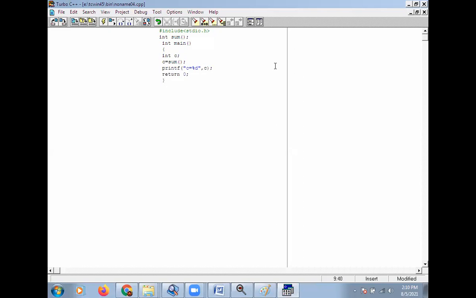Okay, then go to the definition of function sum, that is integer sum. Here you are declaring three variables: integer p, q, r. Printf \n enter any two numbers.